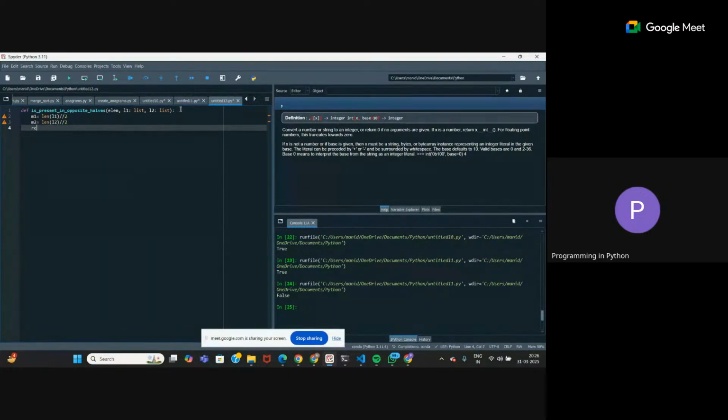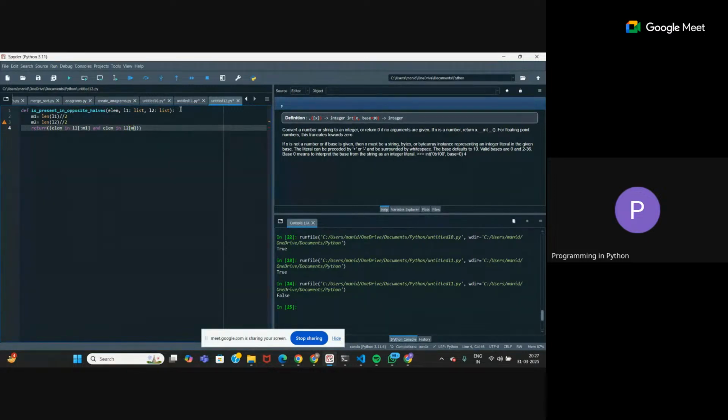Now we have to check the condition. So in the return statement, just write, first checking if the element is in L1 first half, right? So the first half means 0th index to the middle element. That's the first half. Then it should also be in the second half of L2.